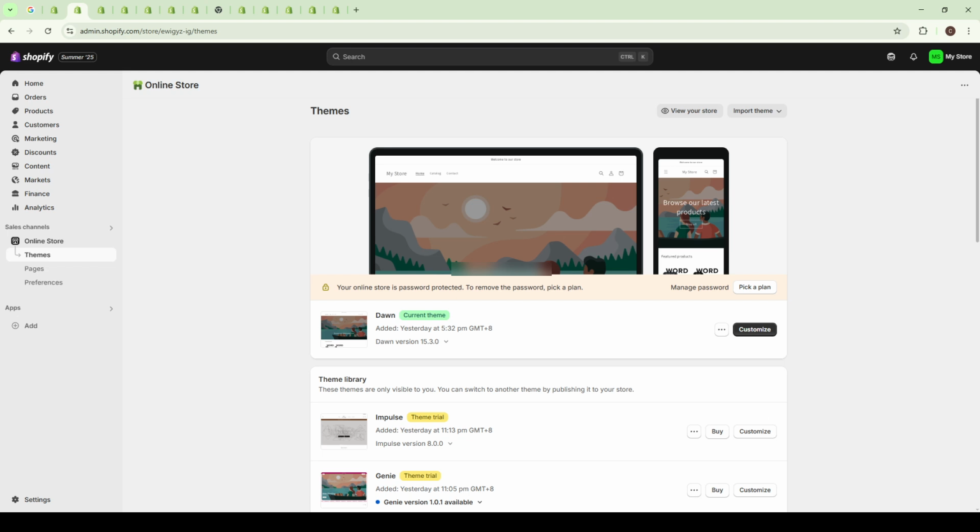At the top center of the theme editor, there's a drop-down menu that allows you to select which specific page you